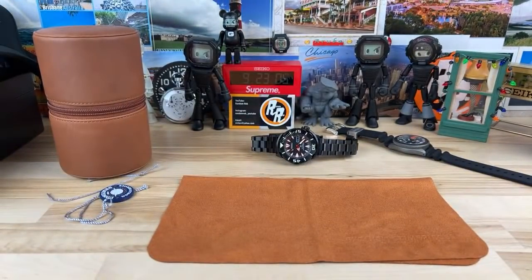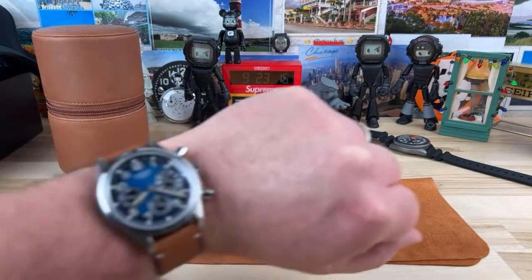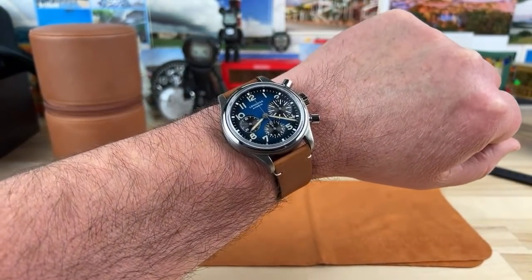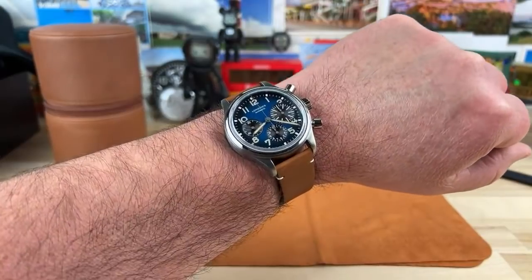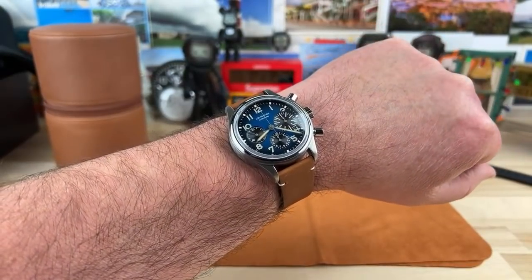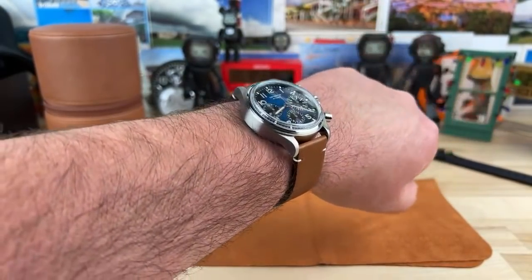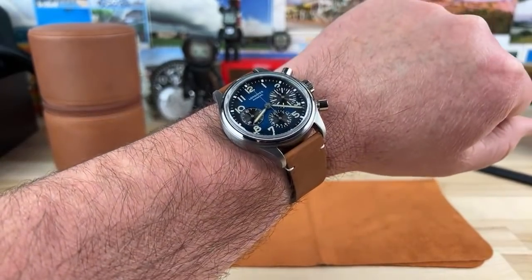Yeah, that Hamilton though, Jason, I really love the Hamilton Intramatic. I've owned one. I think they're great looking watches, but this is definitely like a luxury version of the work watch. The Hamilton would be like a working man's one, and I feel like this one's more of a luxury working man's one. I think it's still a working man type watch. It's not like a Breitling or